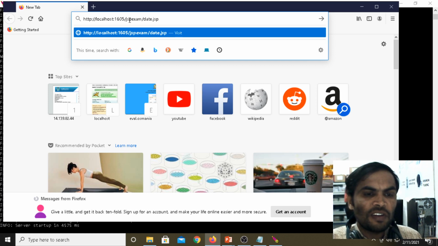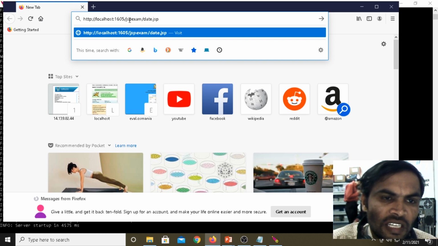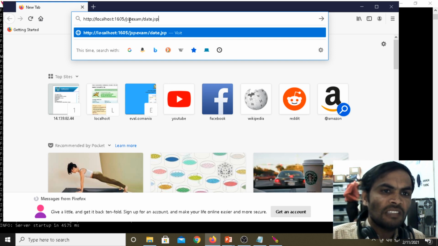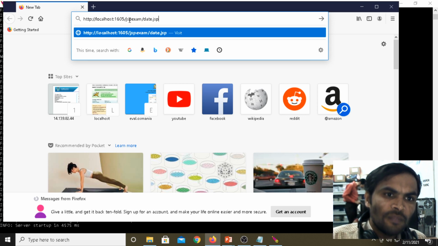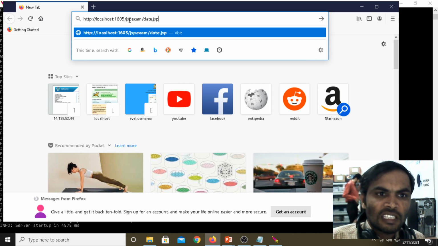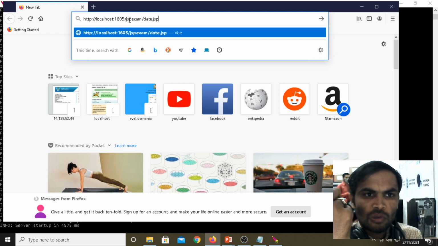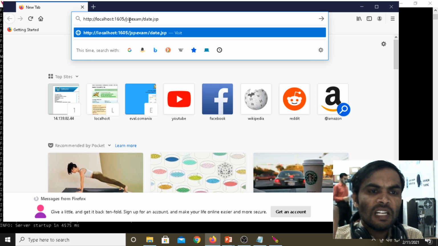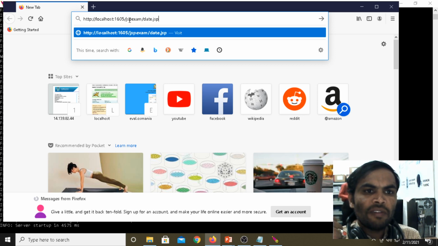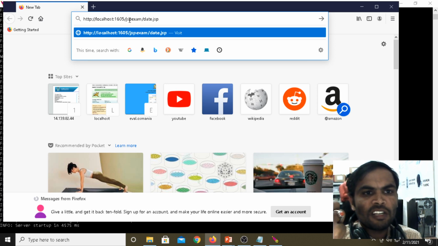The web container first translates it to Java servlet source code, meaning it checks each and every syntax of the JSP tags. If it is correct, then it translates the JSP file and compiles it. After converting to the servlet program, the Java source code, internally it is converted to a .class file. Inside the web container we have the JVM, the Java Virtual Machine. Your Java Virtual Machine can understand the .class file. Then it converts it to the format of an object.